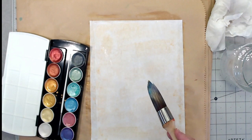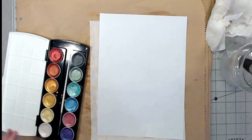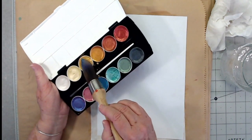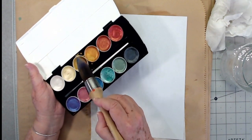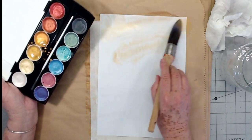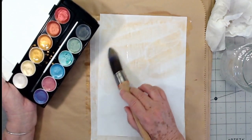If you do, that's fine. I don't have a problem with it. And it's a little bit more trouble to me to have to boil your berries and get that color out, or boil your apple peels. Now I have done that. Red apples. I have boiled the red apple peels, and you get that really pretty red color. And I've done that, but